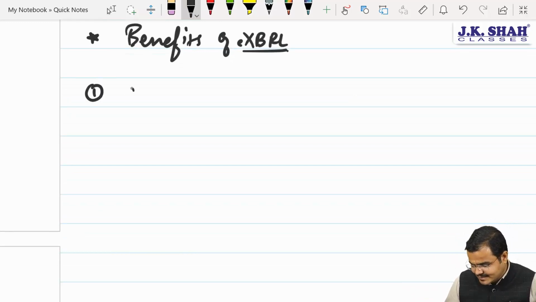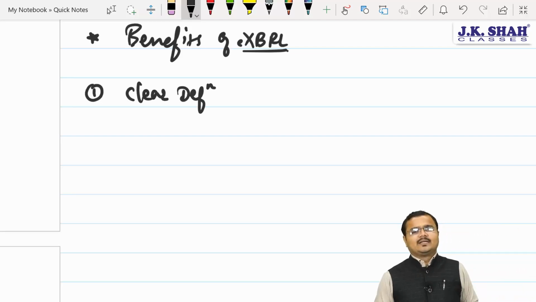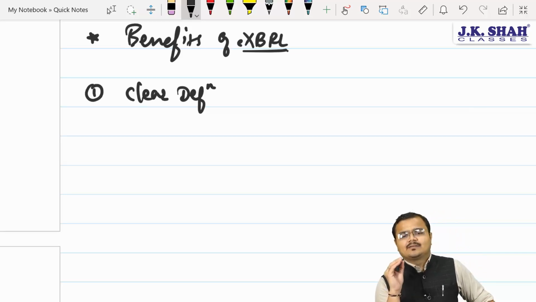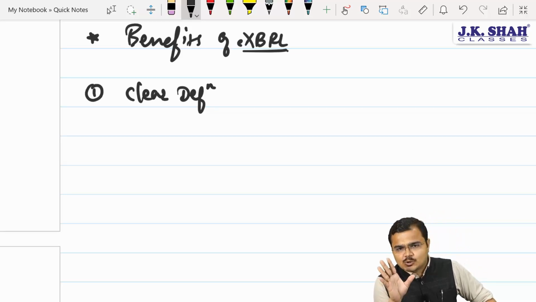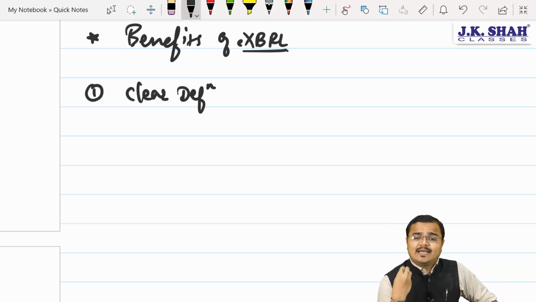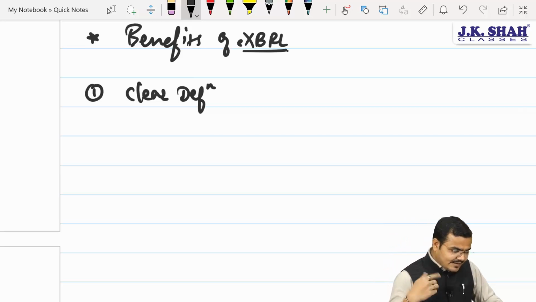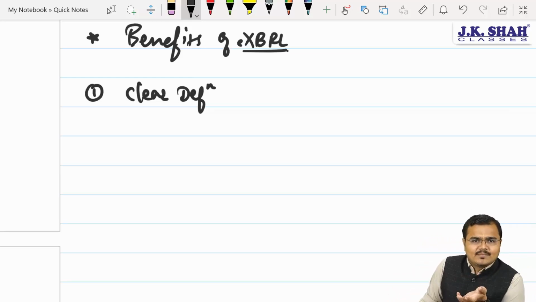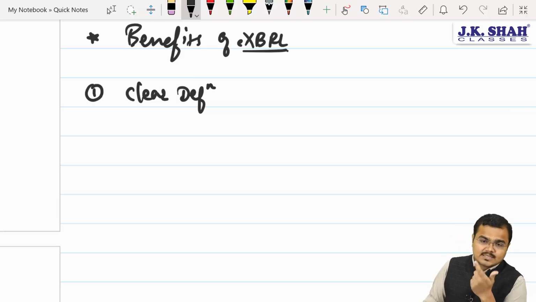Number one, chartered, it provides clear definition. Understood? Yes, sir. Whatever terms, chartered, you are defining in your reports, those can be clearly defined. You can also provide third party authoritative definitions, enabling you, people, to not only give the proper reports but also to explain the reports. Now, very interesting thing, people: XBRL is global level software. Correct, chartered? Yes, sir. It allows even a third party to add a definition, and that will represent the meaning whenever that word appears in the report. So that's a great thing.